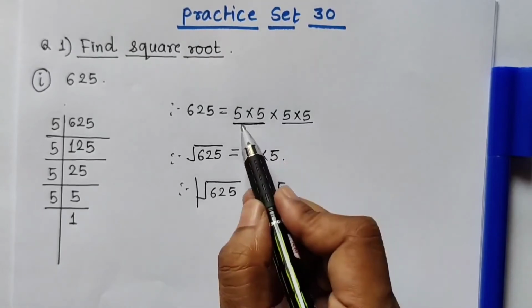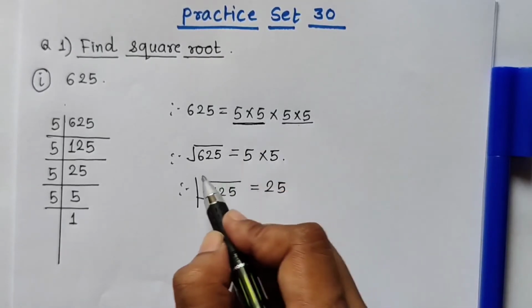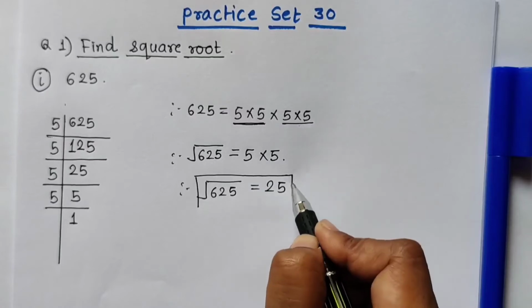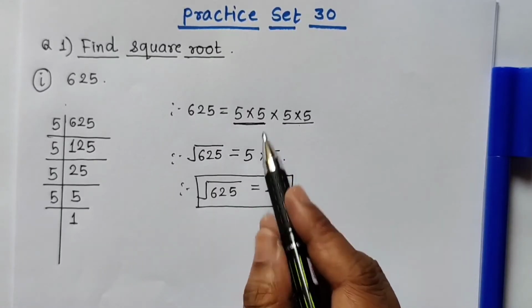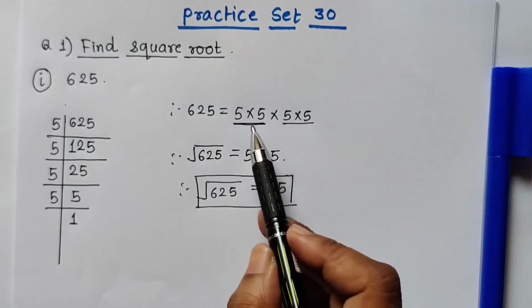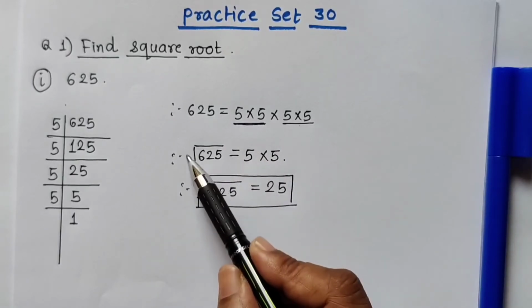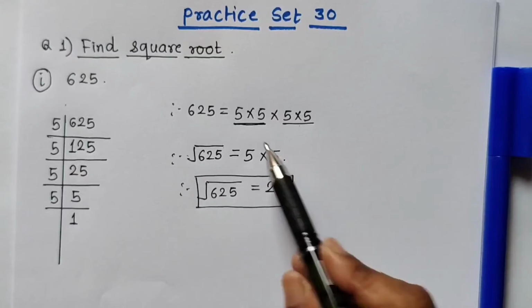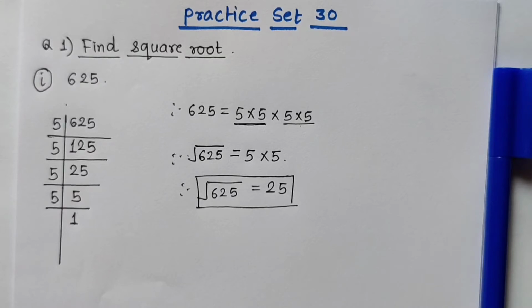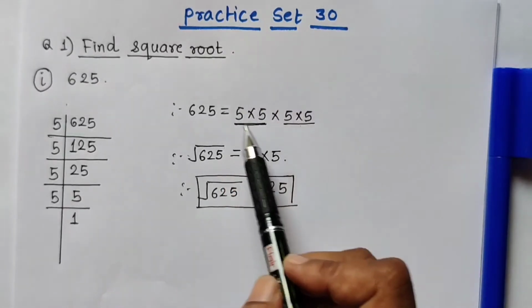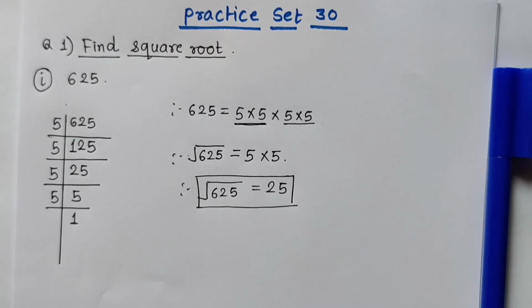So we have to make the pair of two same numbers, and while writing the square root you have to write it 1 time. First make the pair of two same numbers, and when we put it in the symbol form you have to write these numbers 1 time. Always keep this in mind for writing the square root. So make the pair of the same number 2 times and then write the answer.